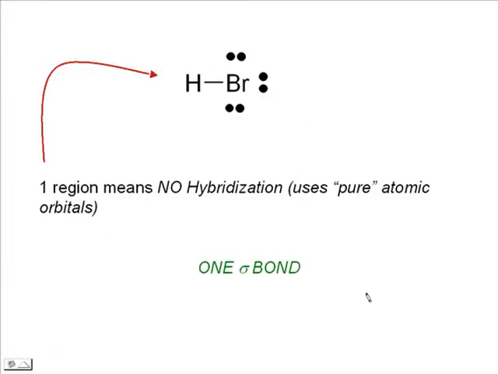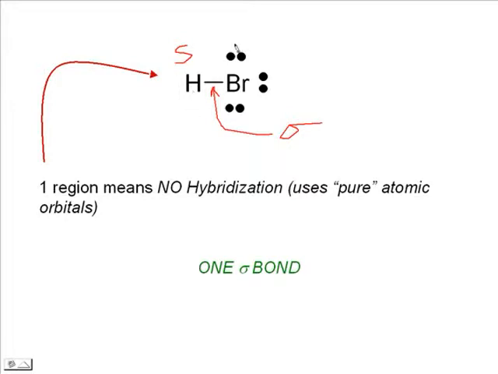So let's go through just some examples. These are the same ones that we had in the geometry video, where we can look at what kinds of overlaps are between each of the orbitals and look at the Lewis structures so we can learn how to go directly from the Lewis structure to what we need. So if I have HBr, I have just 1 single covalent bond between those 2 guys. That's going to just be a sigma bond. And if we were to draw in all the little orbitals or the bubble shapes, which you don't have to do,